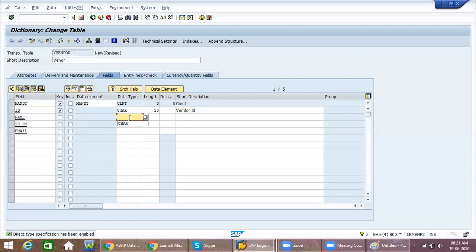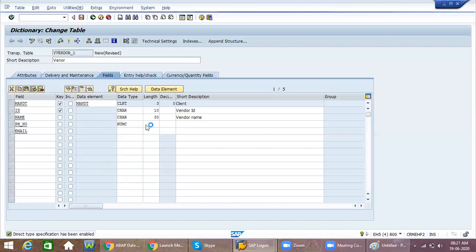For name also I am using characters only. Name I will take as 30 characters, with description vendor name. And for phone number I will take NUMC. NUMC is here.